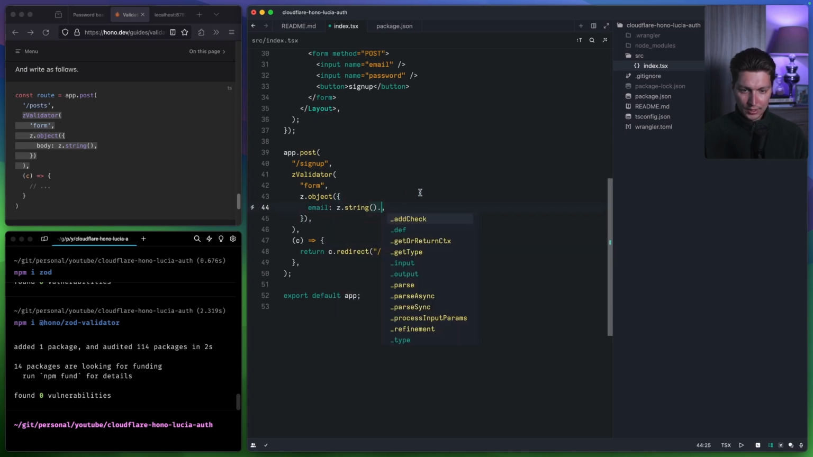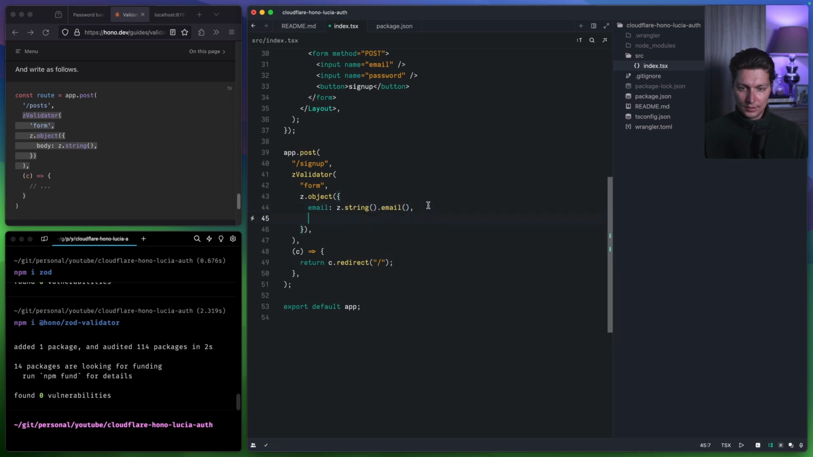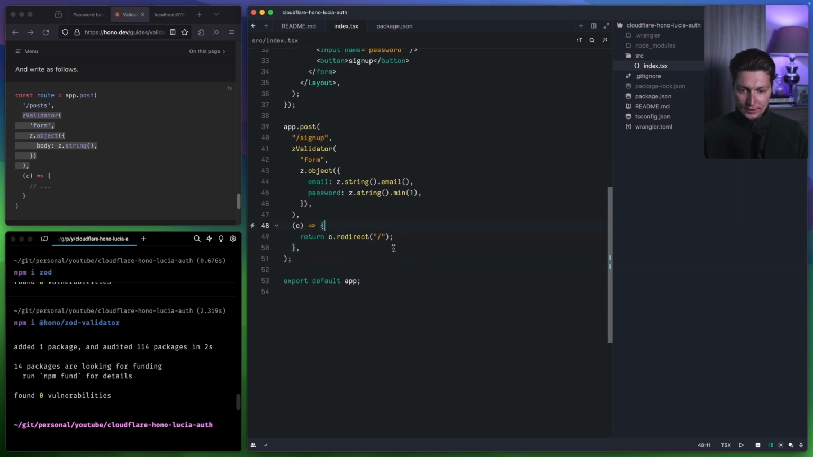string, and we actually can use the email validator from Zod, and we want password, that's string. And you can set some min and max here. Just for simplicity, I'll put 1. What next? And after this form will validate our input, we can access these